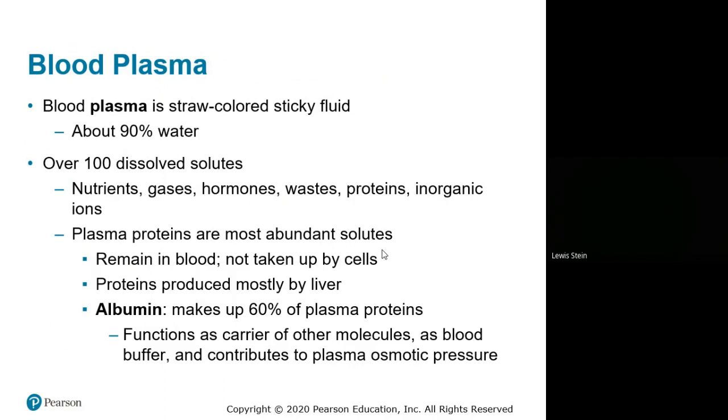Albumin. Albumin is our major protein. There's a distribution of plasma proteins that are 60, 36, and 4. 60% of plasma proteins are albumins or in the albumin family. They are sometimes carrier proteins, not all. They have a buffering effect because effectively proteins act as a buffer as well as the carbonic acid buffer. And they're a big player in plasma oncotic pressure. So when you hear about,